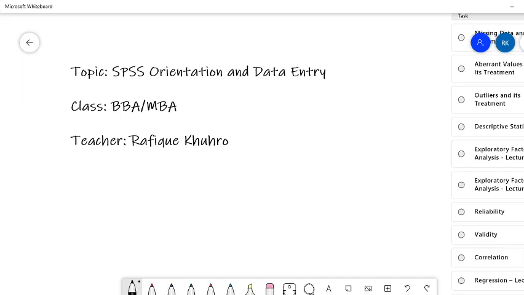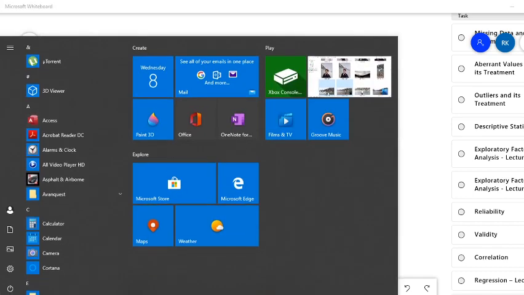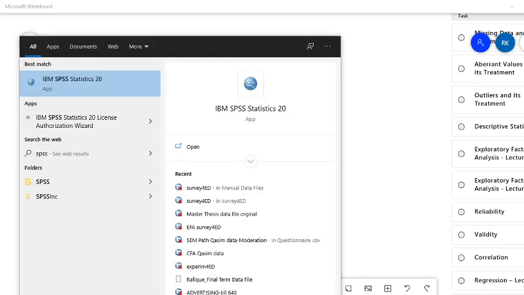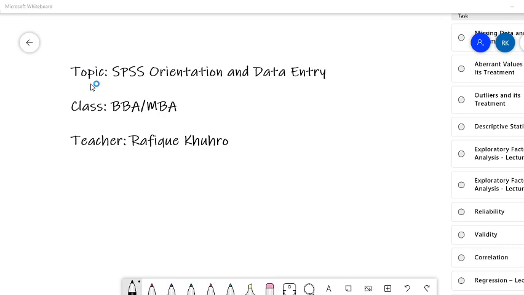So your software will be installed, and you will open it from your menu. As you can see here, SPSS is coming. I'll press enter, and the software will open. Once you are done with the setup, it's a bit heavy software, so let's wait till it opens.